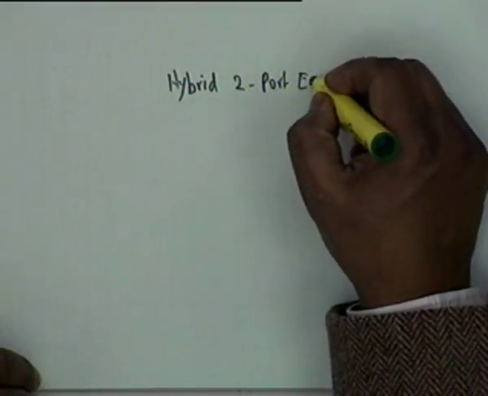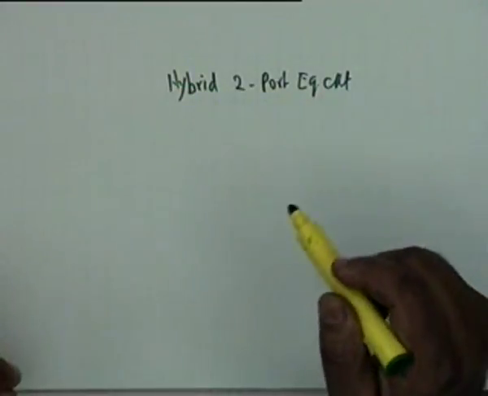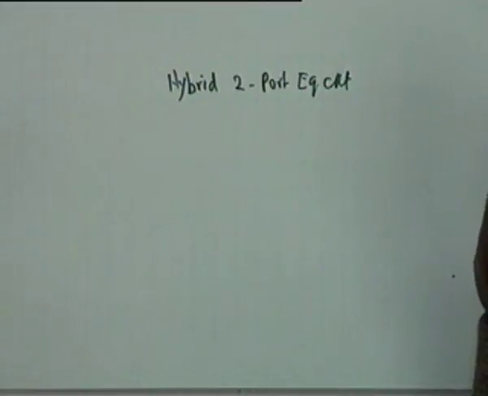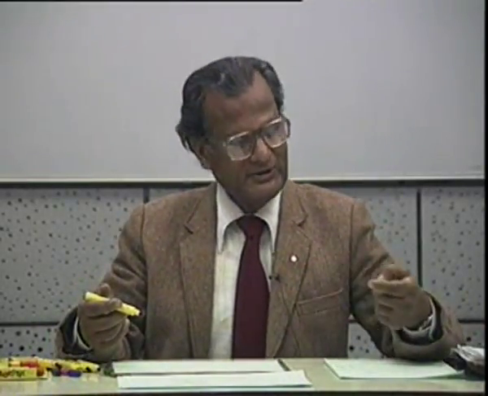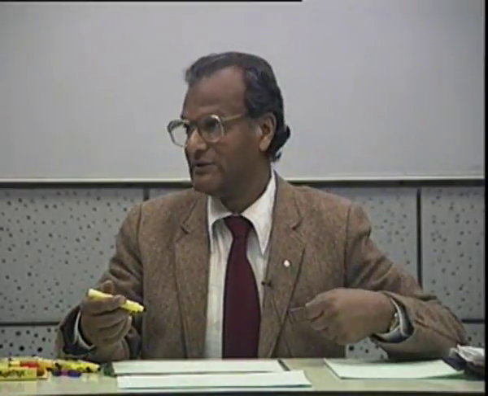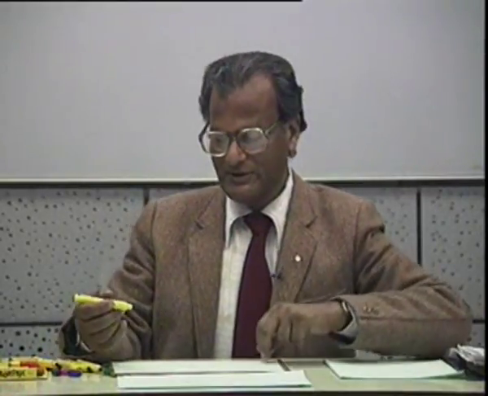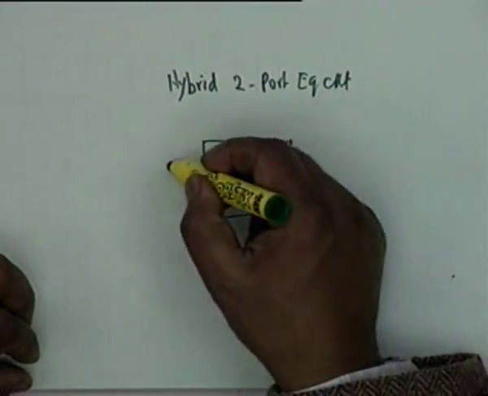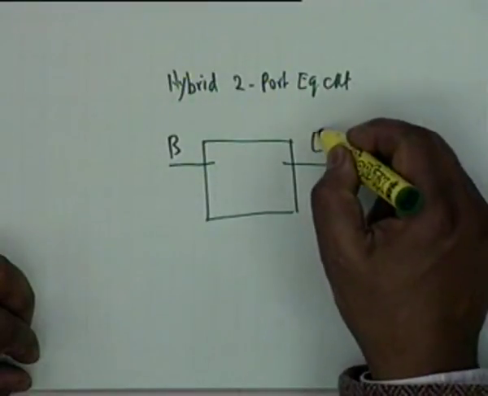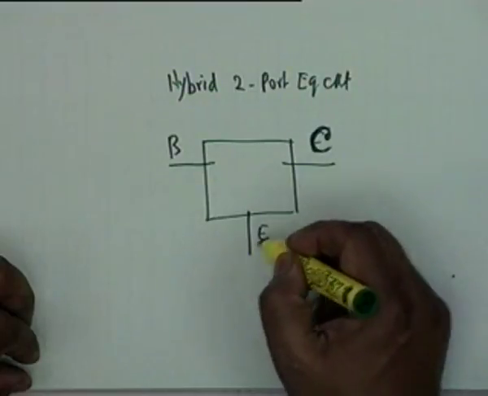Now the hybrid pi equivalent circuit took care of the physical phenomenon that is occurring in the transistor, that there is an internal base, that between the internal base and the emitter there is a junction, which is how you calculated R pi and so on. The hybrid two-port equivalent circuit does not take care of any of this. It blindly treats the transistor as a three terminal device: base, emitter, collector.